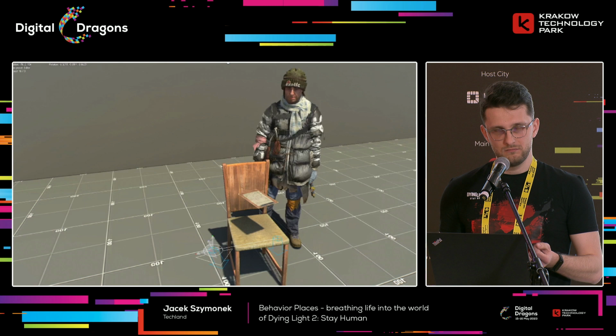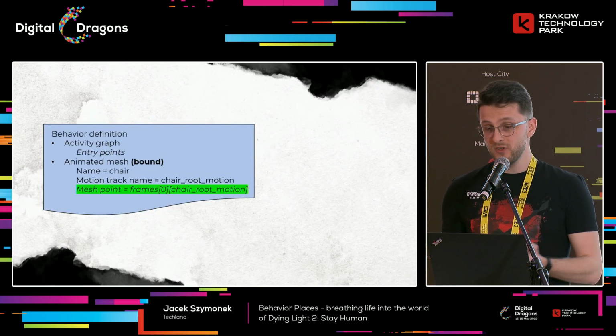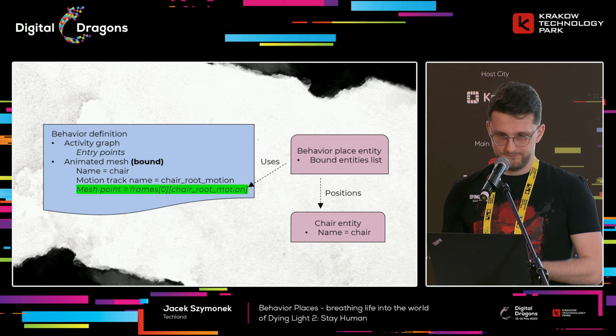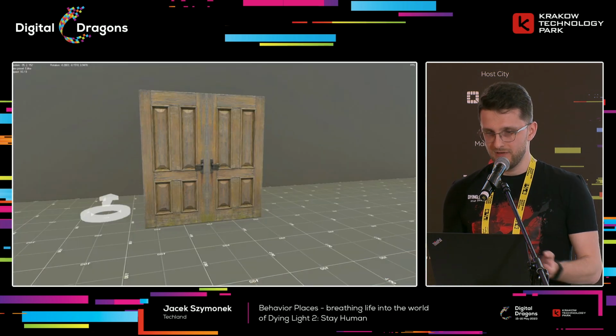So what do we do? Remember the activity graph I mentioned earlier? The same process that compiles it also saves the initial transforms of all motion tracks. For example, our chair root motion, and this is what we call a mesh point. And we use that data during world spawning to reposition the chair mesh. Thanks to that mechanism, characters always smoothly interact with the objects. There's no teleporting, no sliding, and everything is aligned correctly. However,